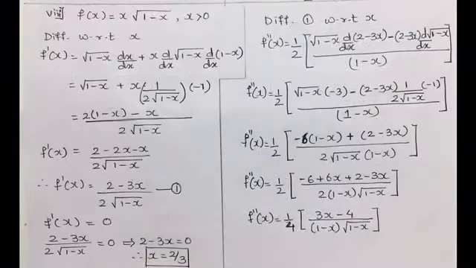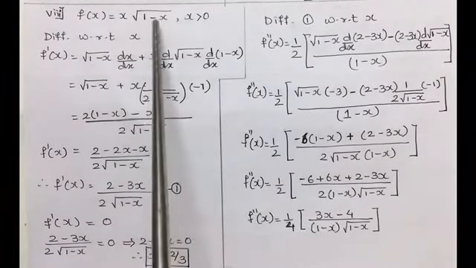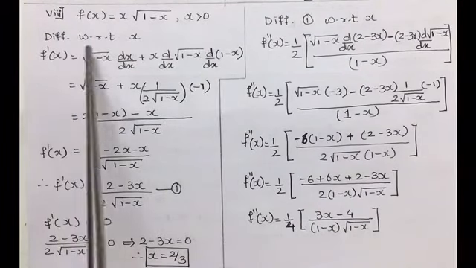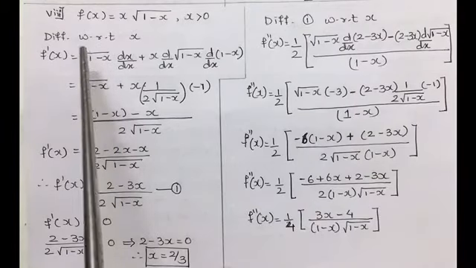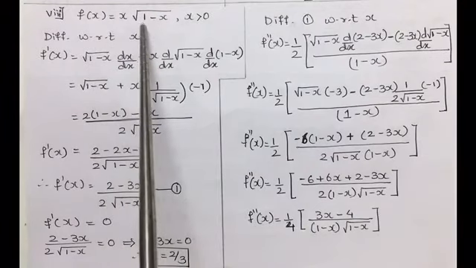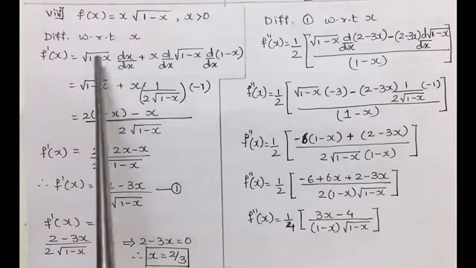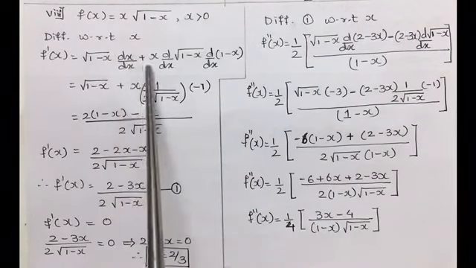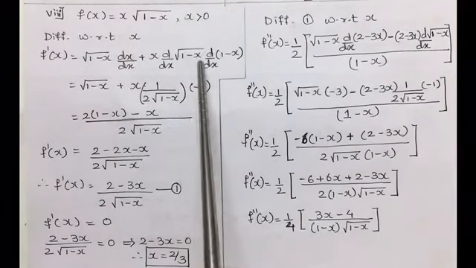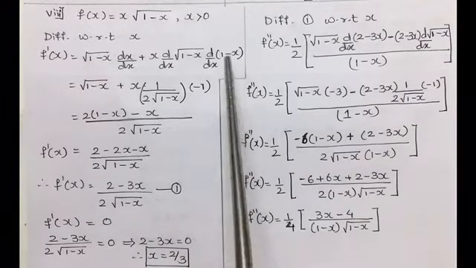Question number 3 is 8th one. It is given as f of x is equal to x root of 1 minus x, x is greater than 0. Now to calculate local maximum and minimum, again we need to differentiate with respect to x. Using the multiplication rule, we get here f dash x is equal to root of 1 minus x as it is, dx by dx, plus x as it is, d by dx of root of 1 minus x, chain rule we have used here, into d by dx of 1 minus x.